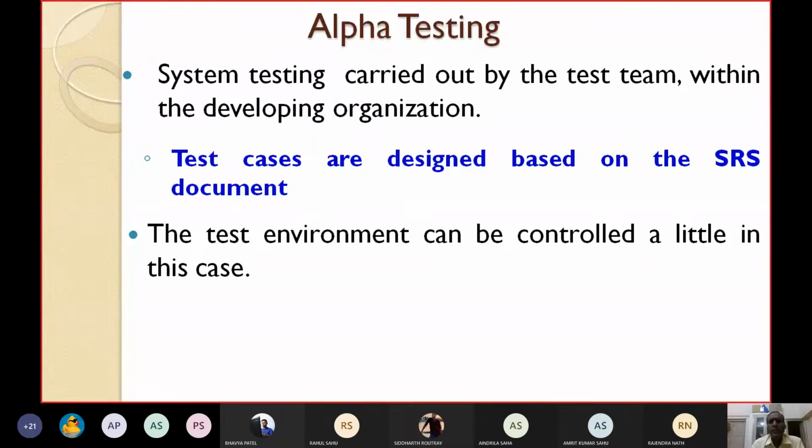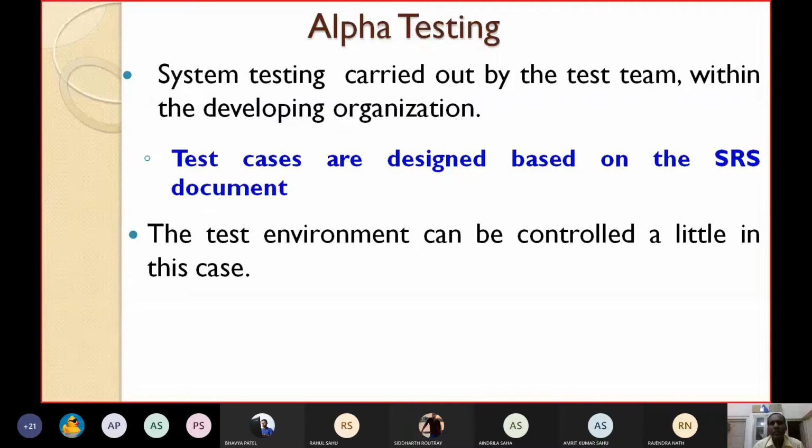Here test cases are designed based on the SRS document. We do not require the code here. So based on the SRS document, we will design the test cases. The objective is to ensure that the functionalities mentioned in the SRS document are given by the developed system.